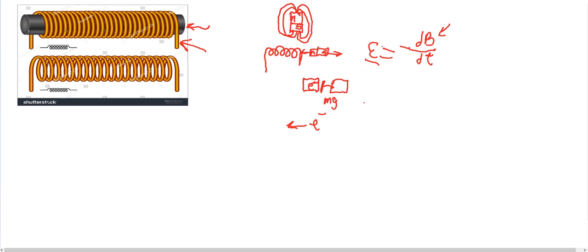So that pretty much explains how a generator works. And then in the next part of this video, I'll explain how a generator produces